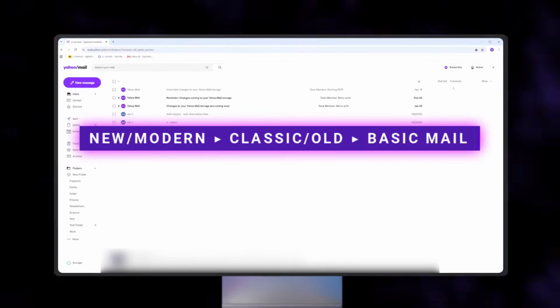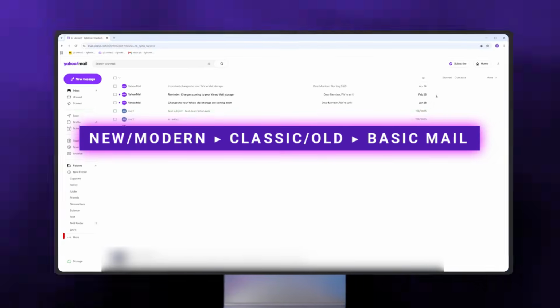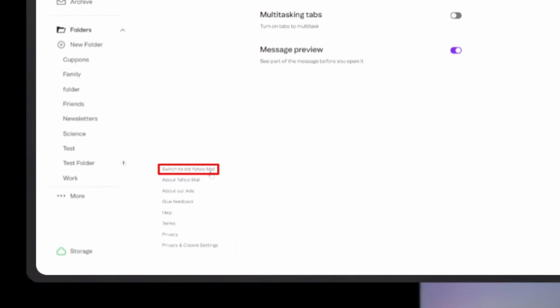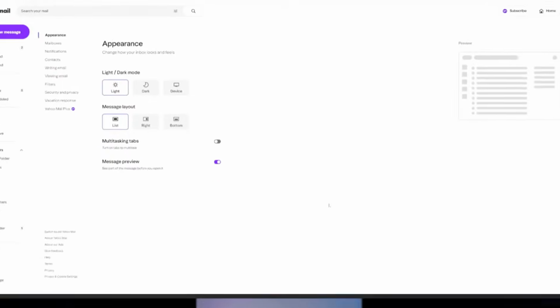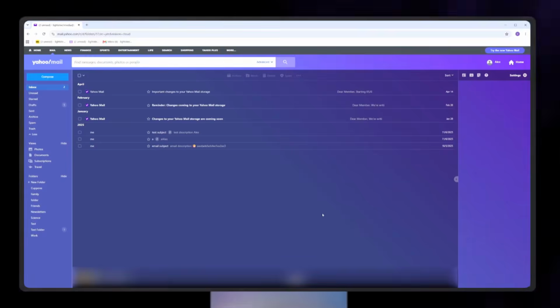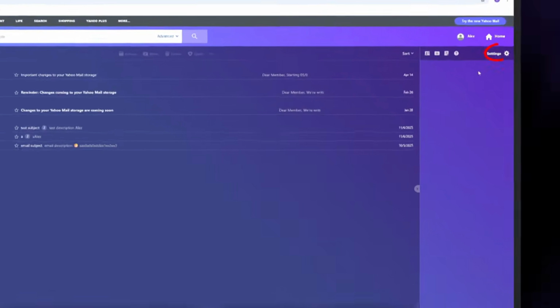If you want to switch back, you can do it at any time currently. So you have to go on more, press on more in the bottom left, and now select settings. Now select switch to old Yahoo Mail at the bottom, and this will get us to the classic view of Yahoo Mail. And now to get to the basic mail, the oldest available version, we have to press on settings